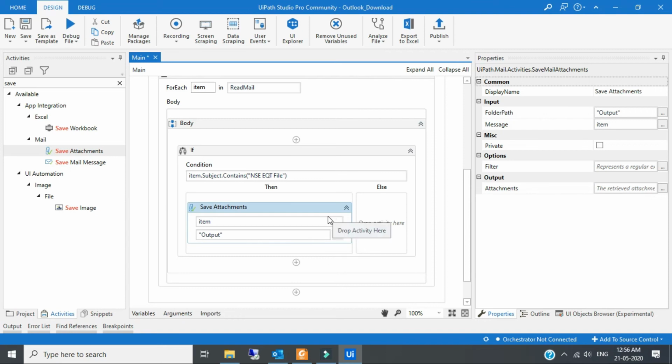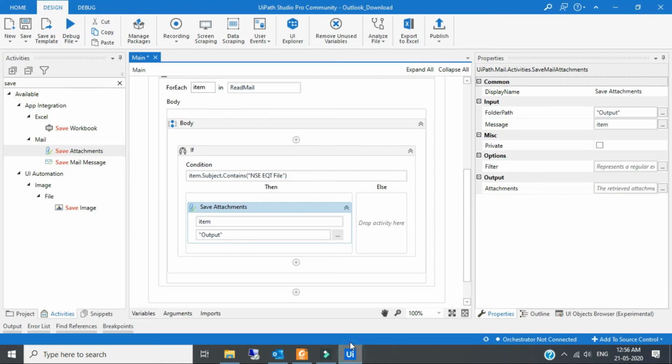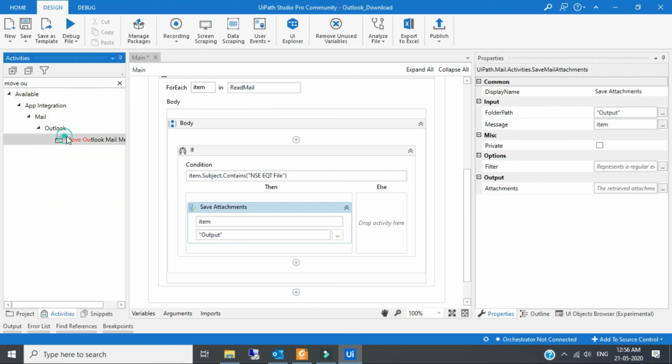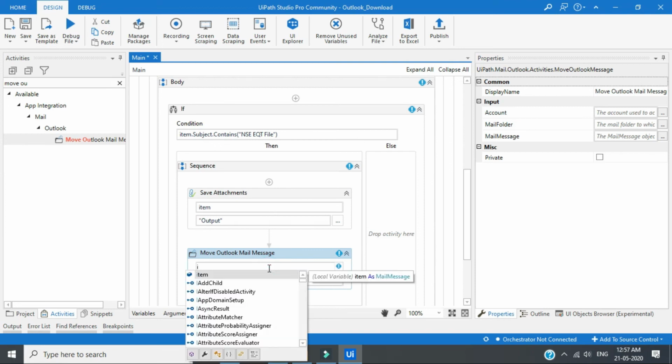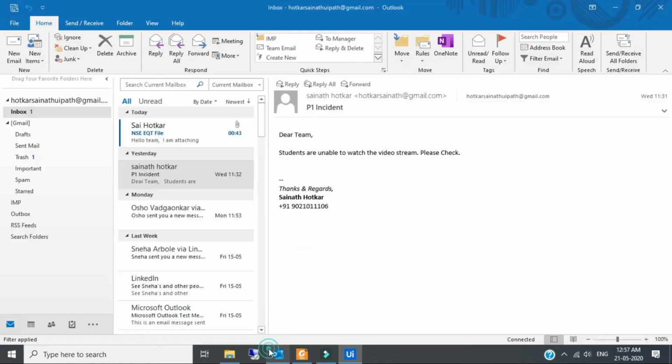After that, we move the mail into another folder. For that, we have the activity called Move Outlook Mail Message. I'll drag and drop it here. Here again, I have to pass item, and here the folder name where I want to move it, that is IMP.